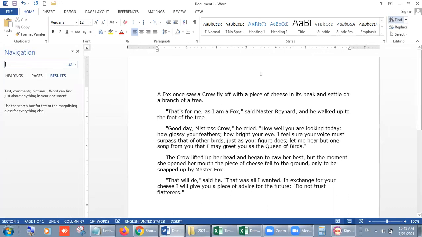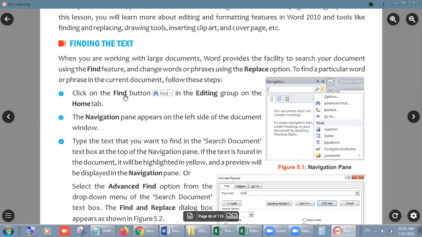Look students, when you click on it, automatically a navigation pane opens at the left hand side of the document, as you can see in the screenshot in your book. The navigation pane appears on the left side of the document window.